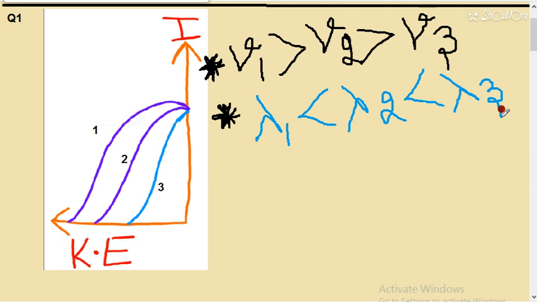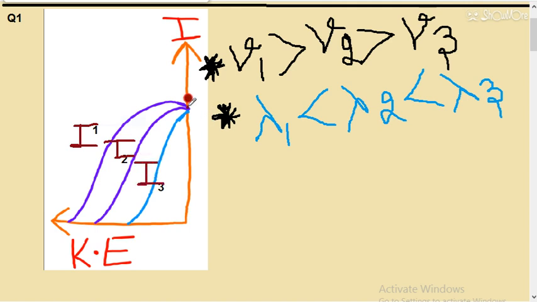I am saying 4 questions I am doing here, but these are not 4 questions. I am covering 3 questions in every question. So now we are moving to the third part of the question. That is intensity: intensity of light 1, intensity of light 2, intensity of light 3. So I have to discuss intensity now.